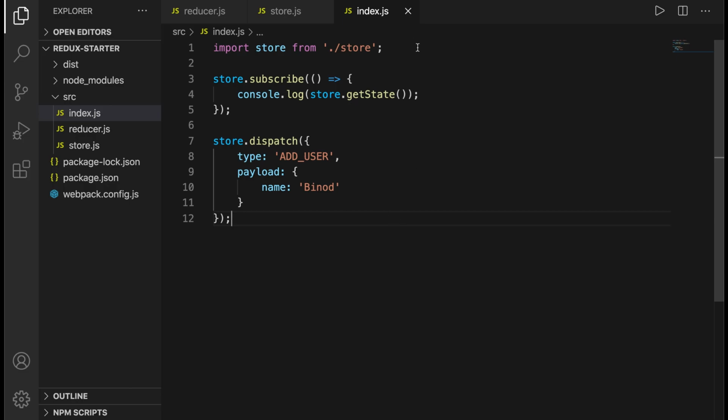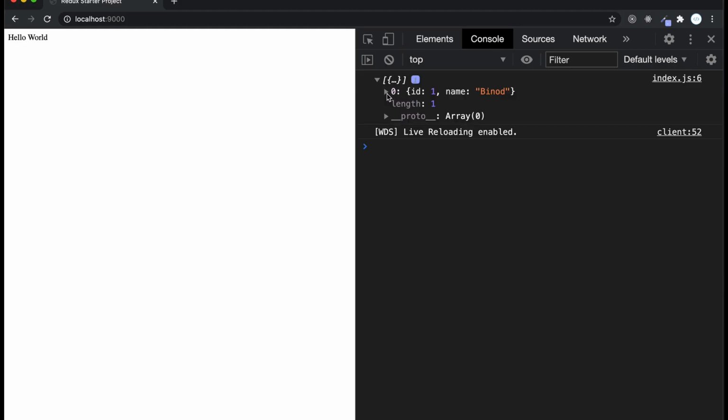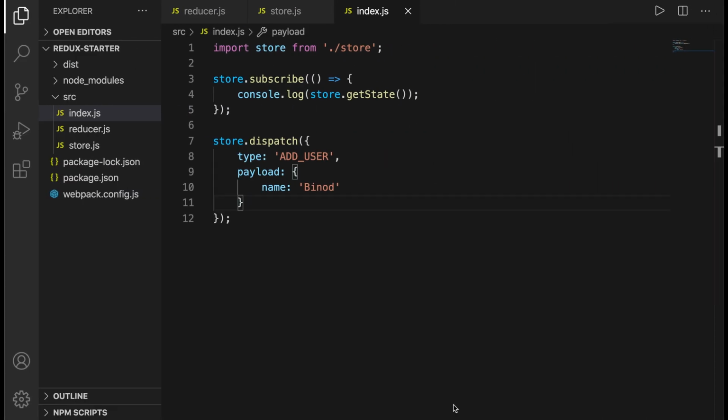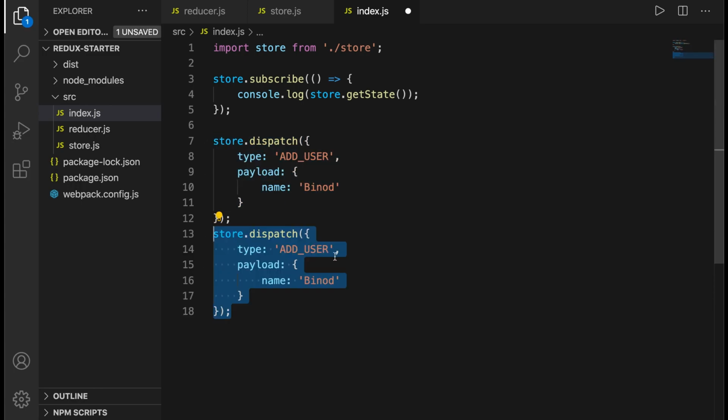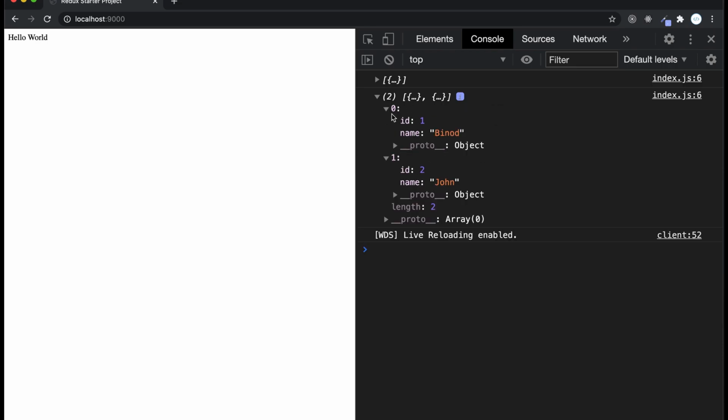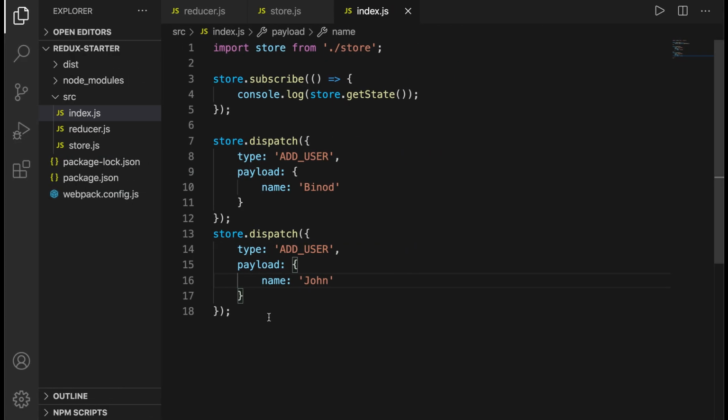So in our console we can see we have a user, and since we are logging every time the store gets updated, we saw a user. Moving on, let us now add another user, and let us name that user John. This should add another entity in our user array. So we can see we have two items here.